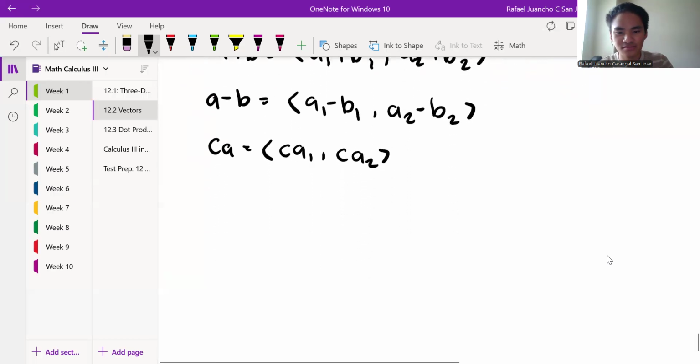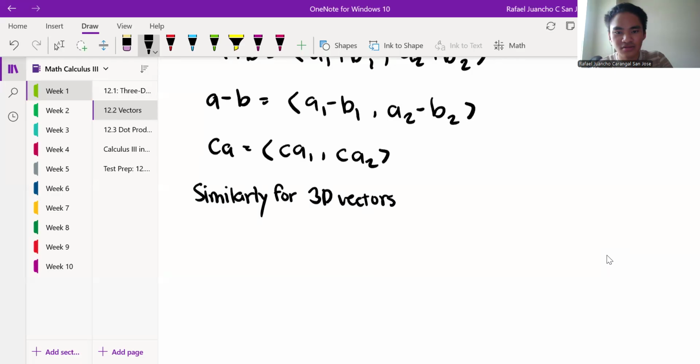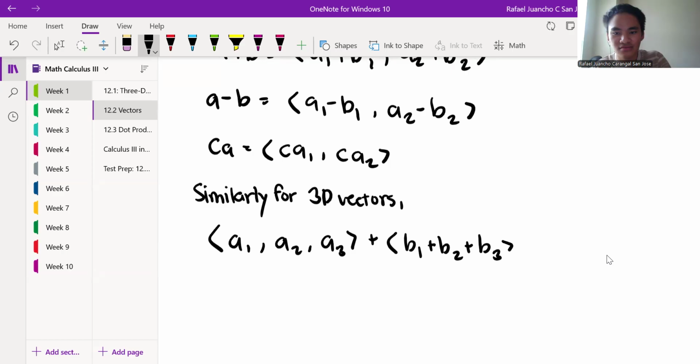So this is for 2D. Similarly for 3D, three-dimensional vectors, it's the same idea. So my A1, A2, A3 plus B1, B2, B3 is just basically adding all of them in one go. So A1 plus B1, A2 plus B2,